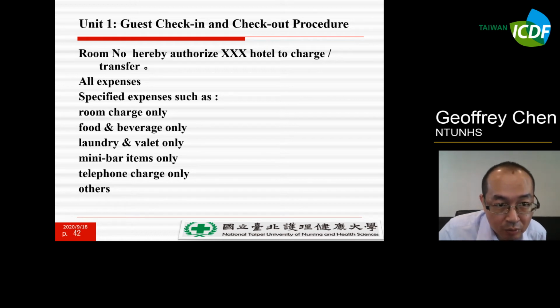That's an example of when charges should be authorized. Just take a note and make sure of that.